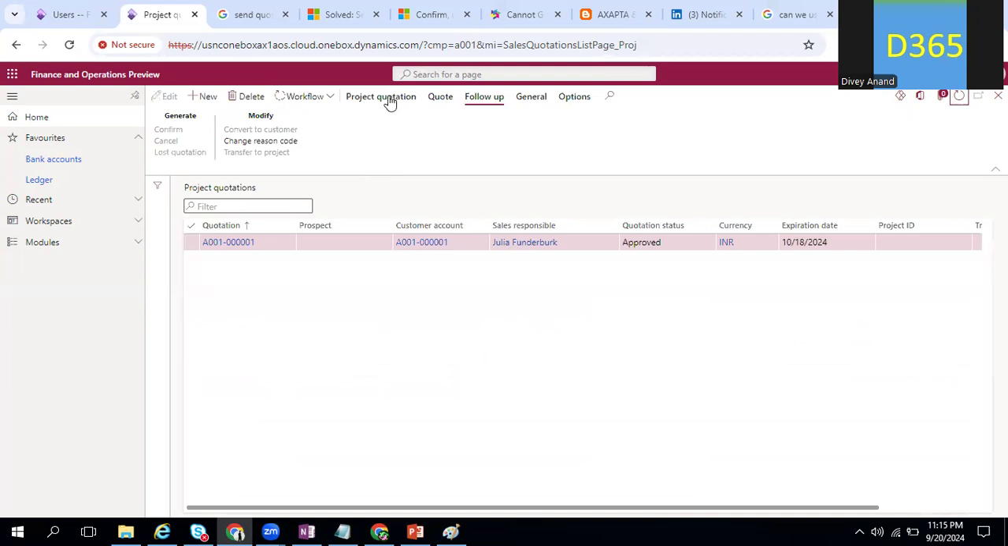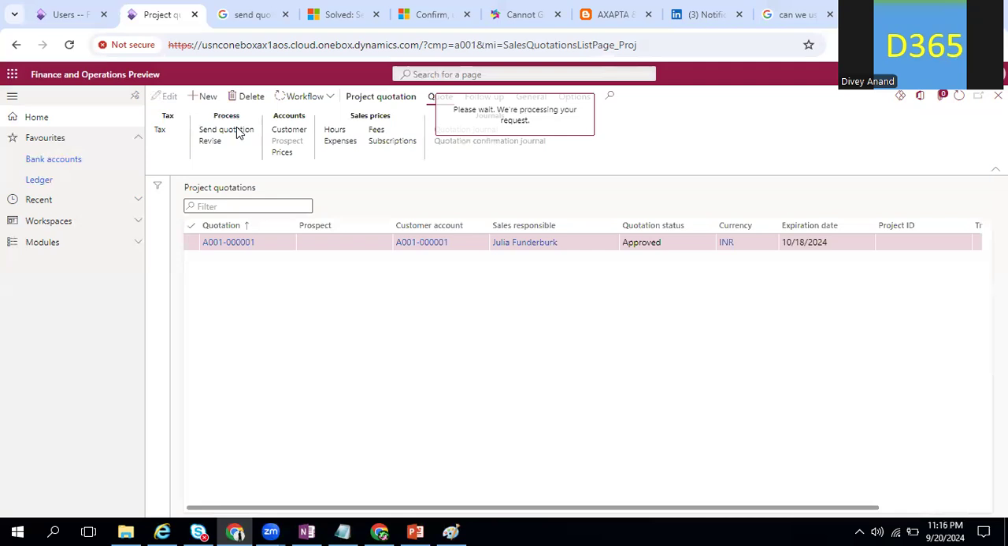And over here, if I go to quotation, now my send quotation button is enabled. That means before sending it to a customer, it must be approved. Okay, so the quotation is approved. So now you can see the send quotation button is enabled for you. Now, if you click on the send quotation button,